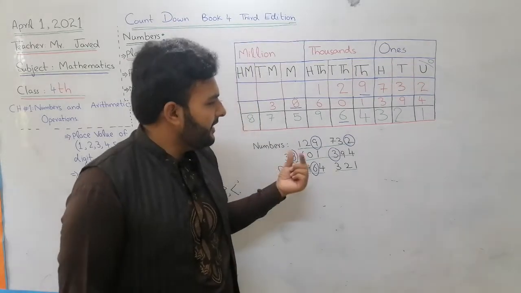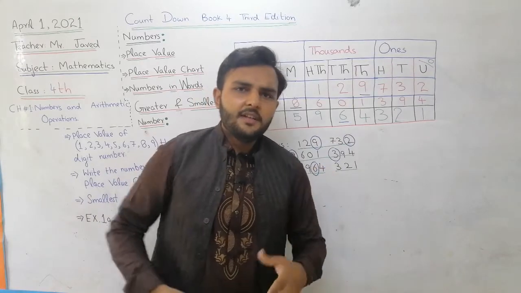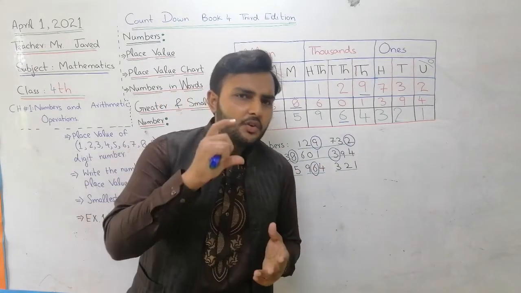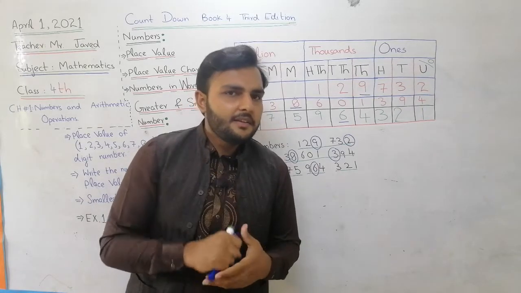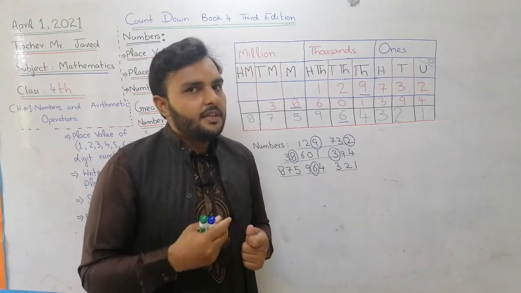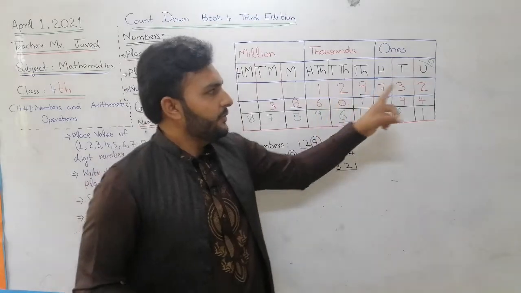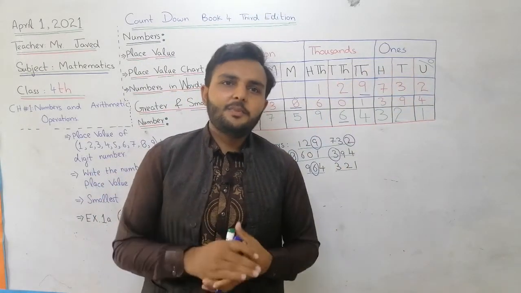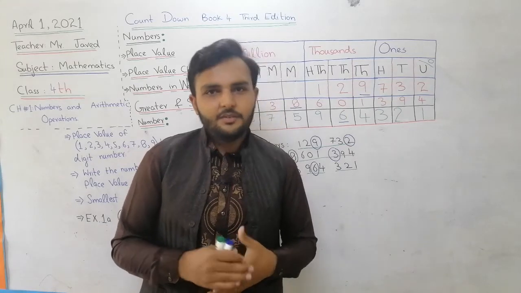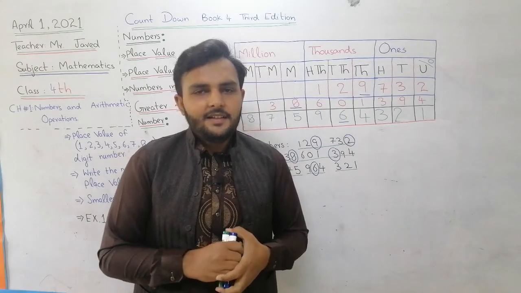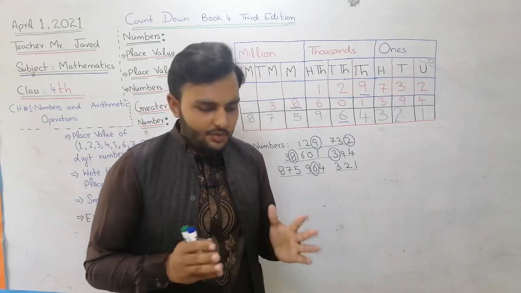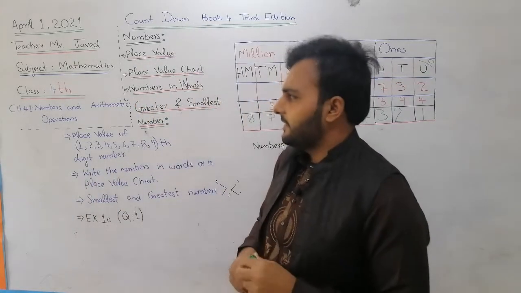And then if someone asks the place value of a digit, look, I have a number in my mind and the 4th digit of my number is 3. What will be the place value? So you will count 1, 2, 3, 4. You can say 4,000, thousands place. 4 is at the 1000 place, so we can say 4,000. Okay, this is the basic concept of numbers. Hope you will understand like this.